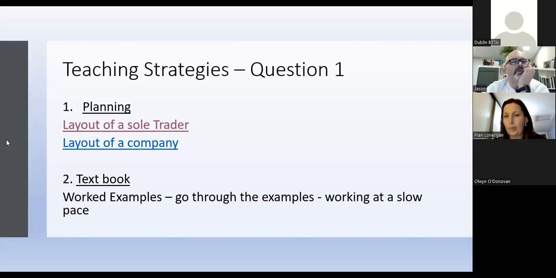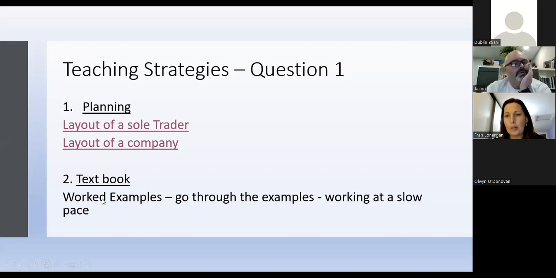I've done the same then for the layout of the company account as well. So the same thing a week or so before, I'll get them to learn this themselves. So it's color coordinated again, and they'll write it out. One night they'll learn the trading account, next the profit and loss, next the operating income. And if there's any additional information that they need to add, they can add it in the handout. And then they have a one-page item that they can go back and revise from.